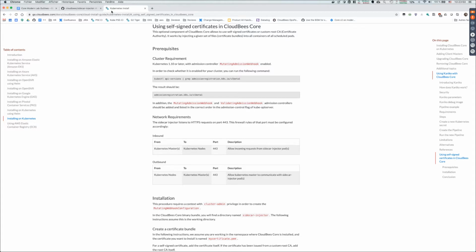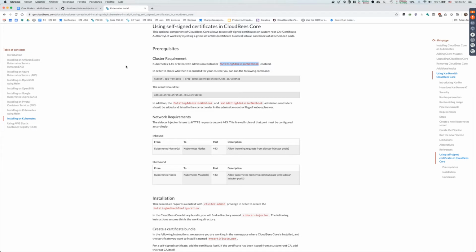Of course this can be done manually, and I think as part of the lab you will learn to do it. But it's easier to automate it and provide some generic way of configuring the certificate bundle, and then use this tooling that we've introduced, which we call the sidecar injector, to add the volume on the fly on anything that we run in a cluster. It works by relying on an extension point, an admission controller that is part of Kubernetes. It's called a mutating admission webhook.